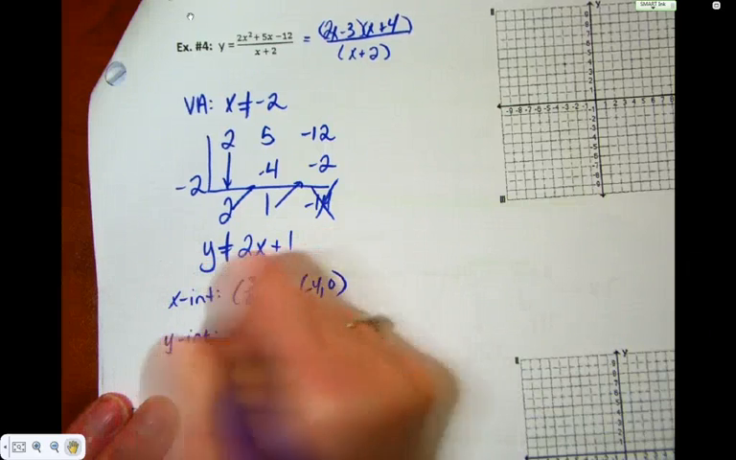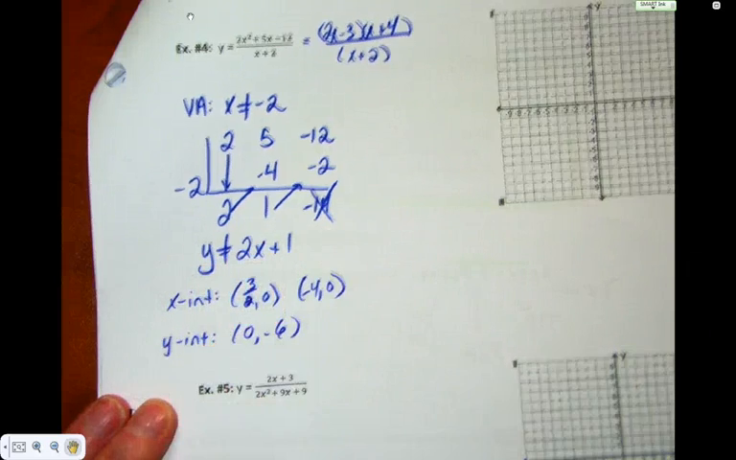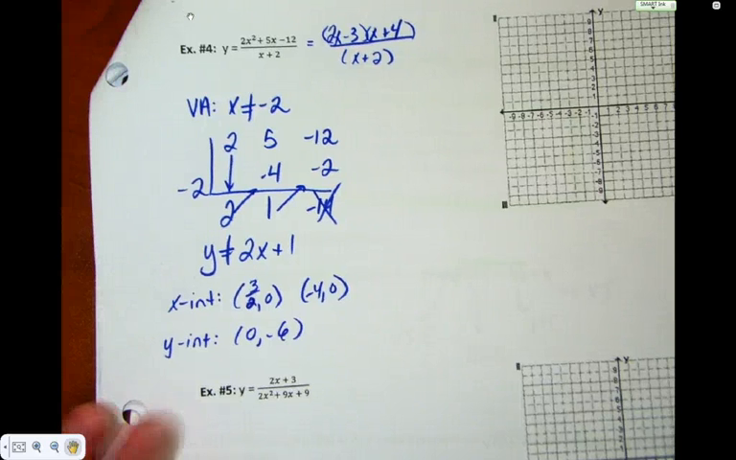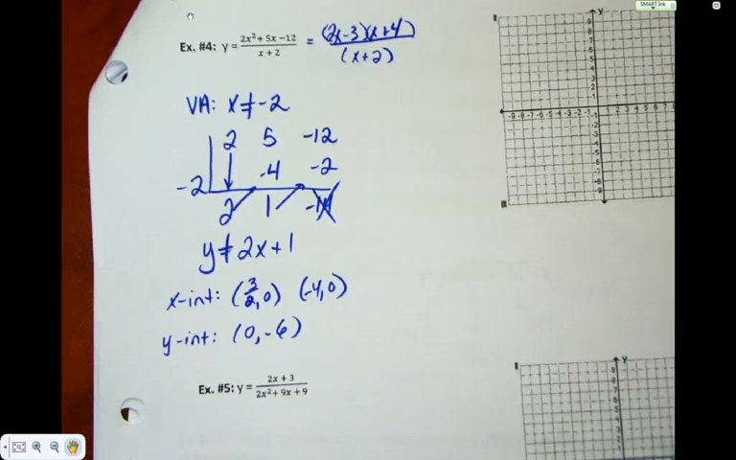Y-intercept, offer of negative 6. Okay, so ignore everything with an x. We have a negative 12 on the top, 2 on the bottom. Which way does the, oh,